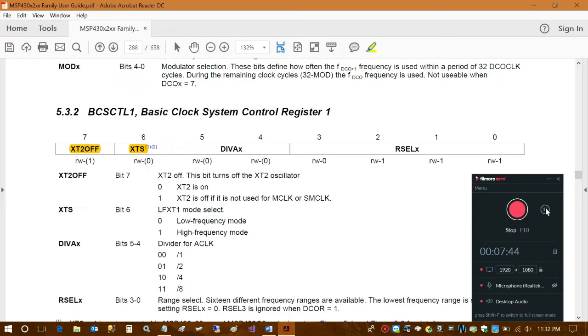If you want to run in the high frequency mode, we have to put this bit as 1. The DIVAX is the auxiliary clock prescaler. Usually the auxiliary clock supplies clocking to several other peripherals, so we would like to operate it as a slower peripheral as compared to the main clock or the central clock system. So we would prefer it as 01, that is divided by 2, that is this one,